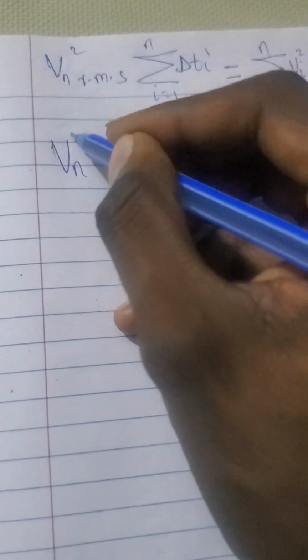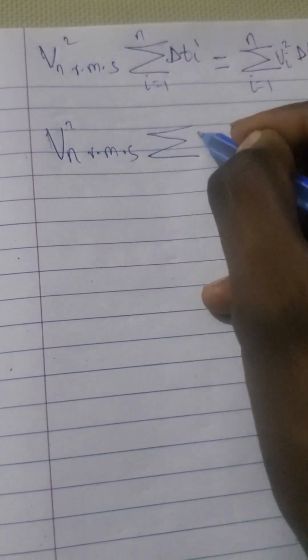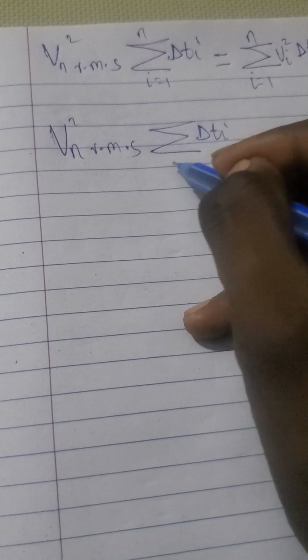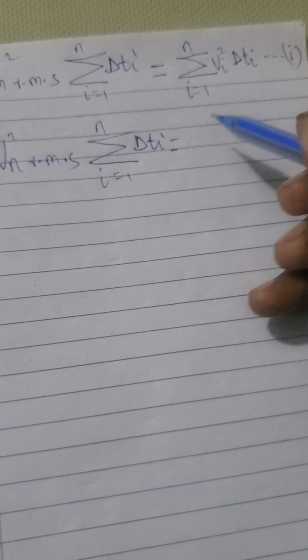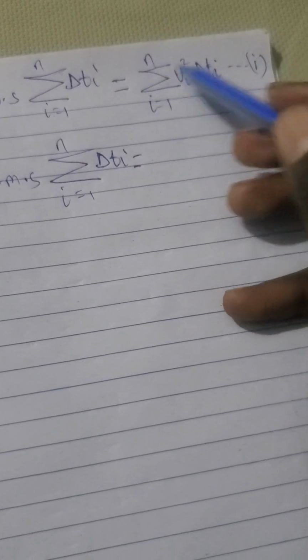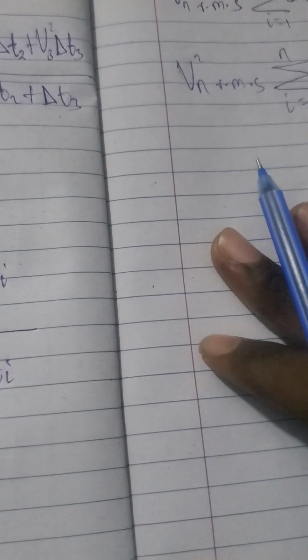Again, we can further rewrite this equation as follows: the summation of the one-way vertical travel time, i equals 1 to n, will be the same as this term here. Remember,